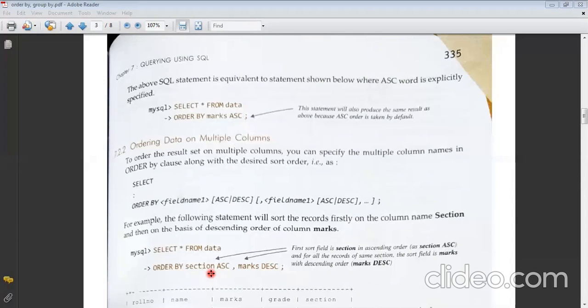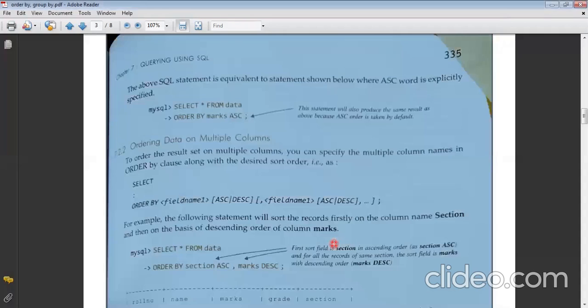So in that case, when you have 2 columns and both of the columns are to be sorted, you would have to first of all sort the first column name which is given. Whatever the first name is after the order by clause, you would have to sort that column first, and then once you are sorted with that column, on the basis of that, the other column will be sorted. Now, how would that be? So let us just see the output for this.